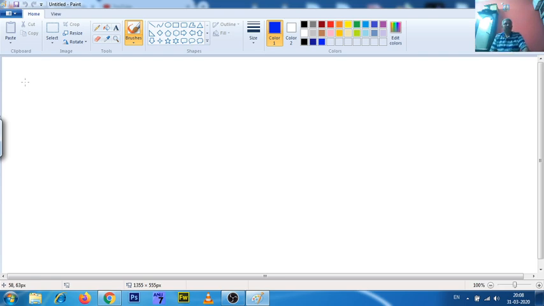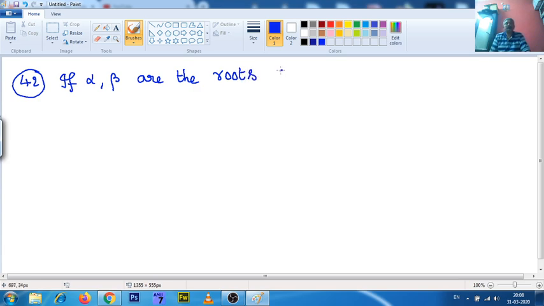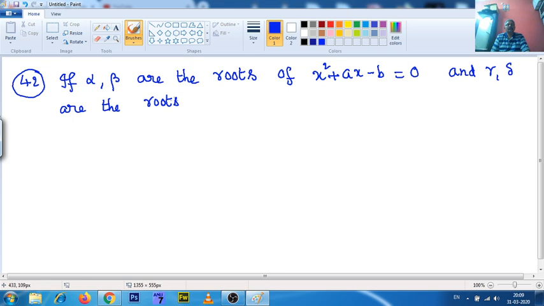This is the 42nd question. If alpha, beta are the roots of x square plus ax minus b equals 0, and gamma, delta are the roots of x square plus ax plus b equals 0,